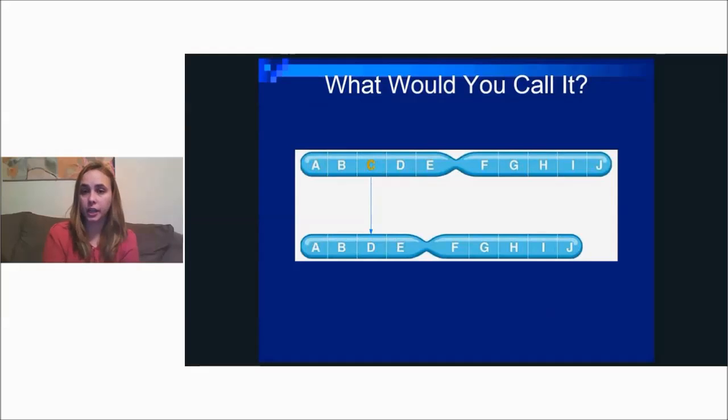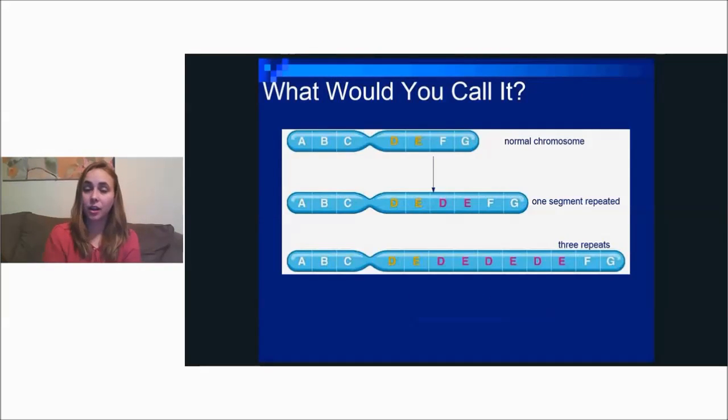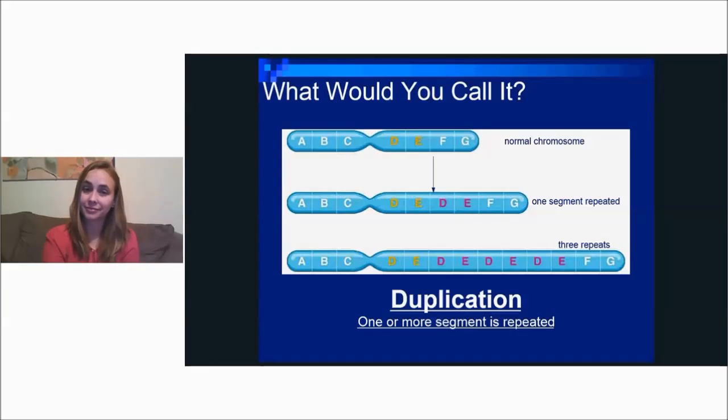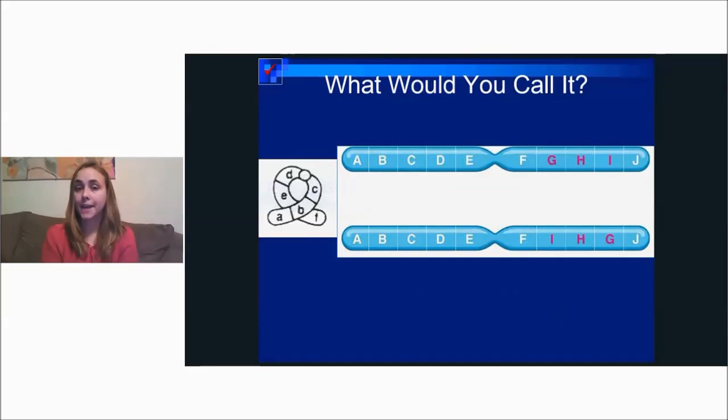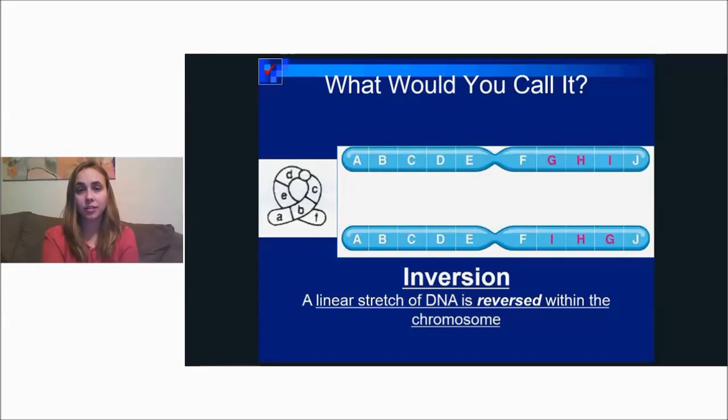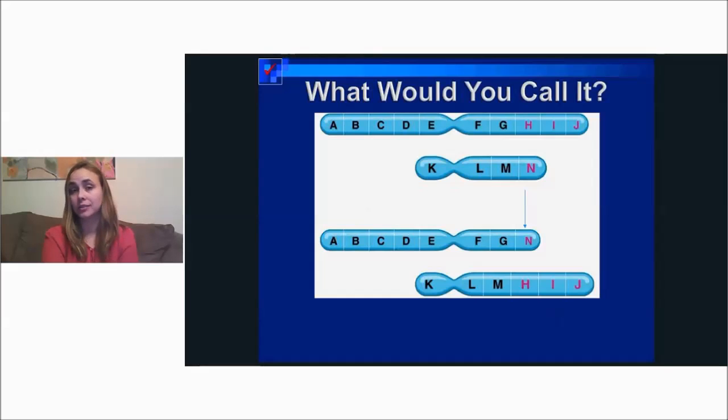So with this picture right here, take a moment. What would you call this type of chromosomal mutation? It is a chromosomal mutation. All right, and what would you call this chromosomal mutation? And this one? Remember, they're both the same length. Yep, that's an inversion. And last but not least,